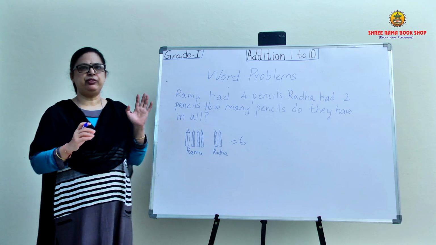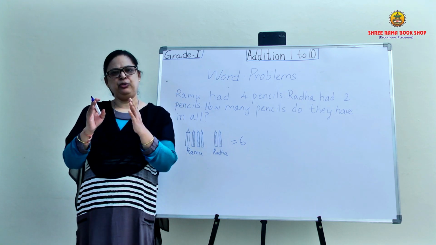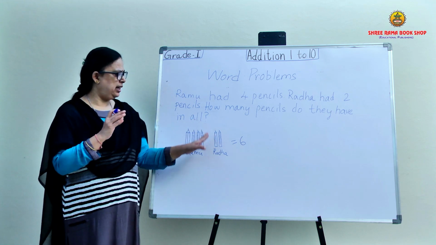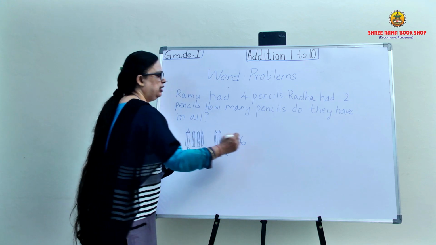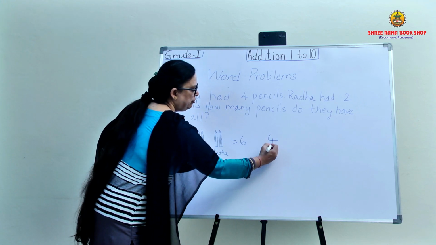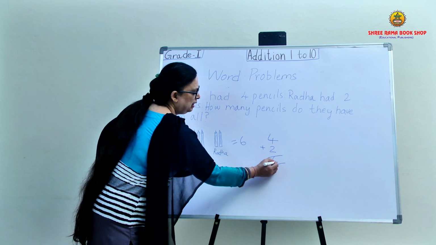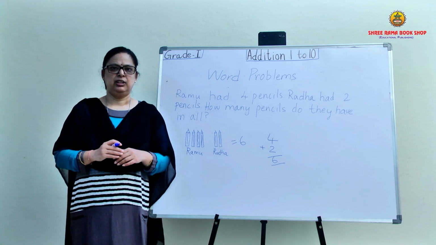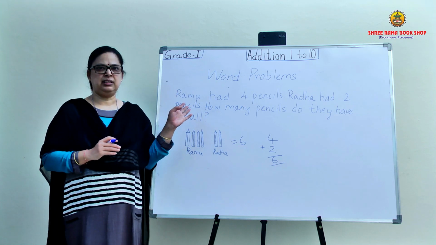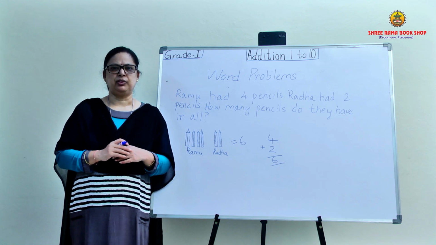Now in your textbook, if you see, you have word problems. The sum is given very easily and you need to add, just putting these numbers there and adding them. Okay. How do we write this, children? If we are doing a normal sum, we will be putting 4 plus 2 and then the answer will be written here. Right? The same way you will be doing it in your textbook. So I hope it is very easy for you to understand this. I request all of you to do the sums that are given in the textbook. Thank you, children.